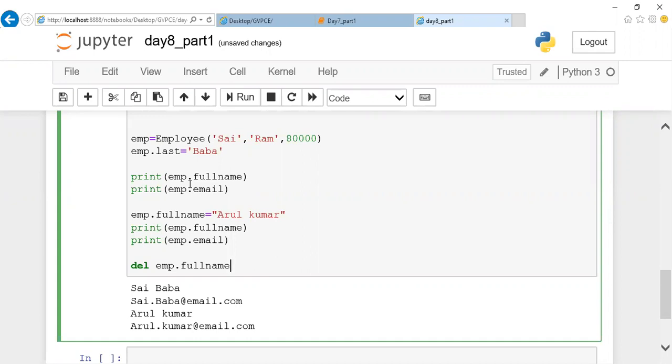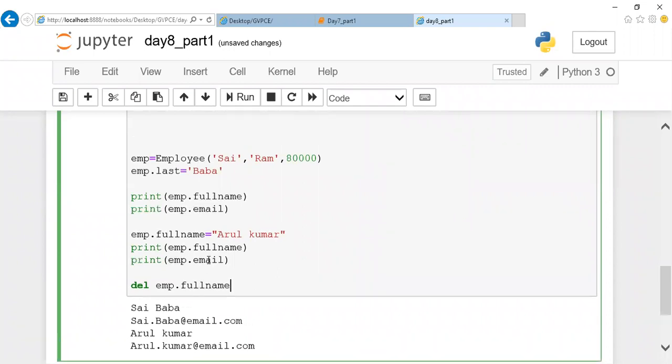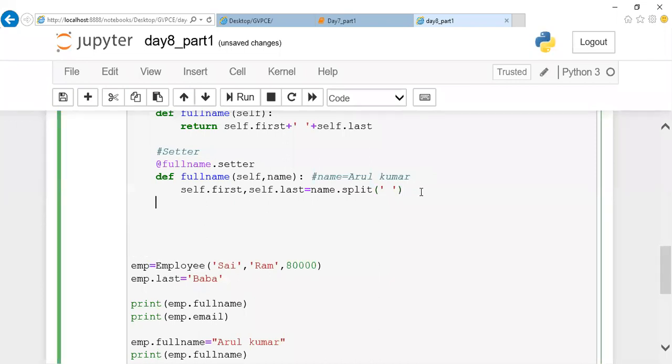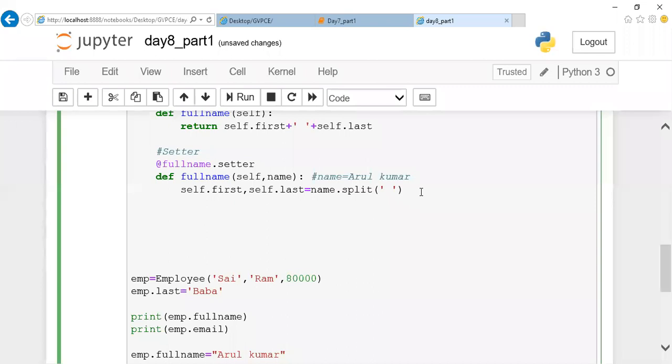I can call this deleter method with del emp dot full name. If I call this one, the deleter method will be called. I'll show you what happens. Let me type this one. Whatever value was initialized for a variable will be deleted. That is all about a deleter method.